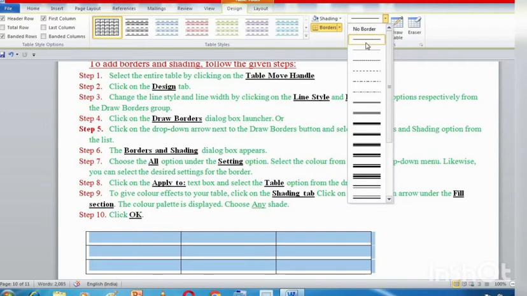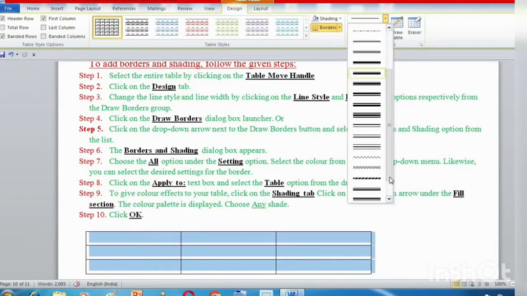This is the simple line. This is a dotted line pattern. Then this is again little bigger dots, and so on. These are different line styles. Can you see? Whichever line style you want, you can select.